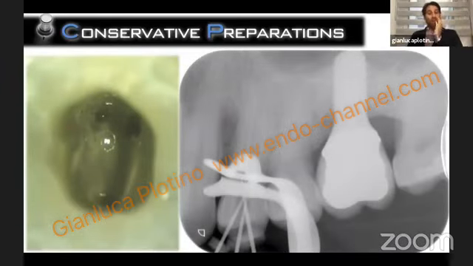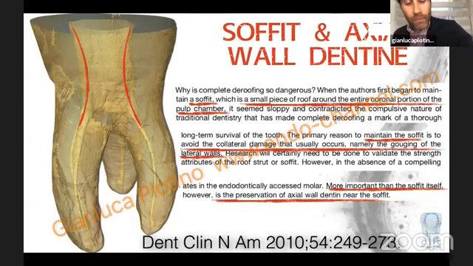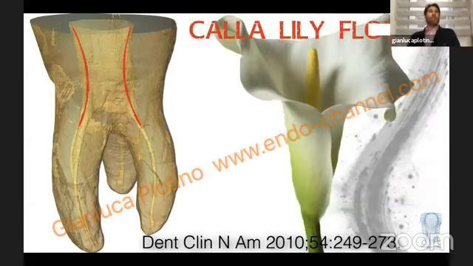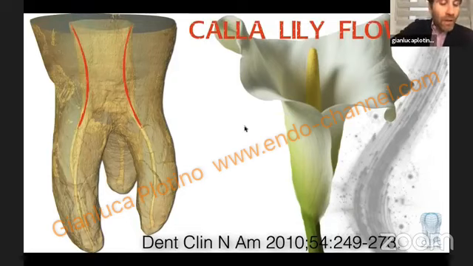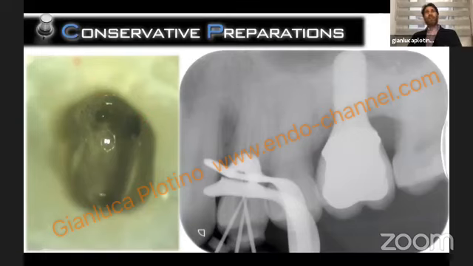So you can perform an access cavity like a calla lily flower with an opening towards the occlusal surface, like in this case, with this shape, like an hourglass. So opening and removing the enamel in the occlusal surface with a bevel to permit a better visibility inside, and to permit your instrument not to have coronal interferences on the enamel, because of their entrance parallel to the orifice.